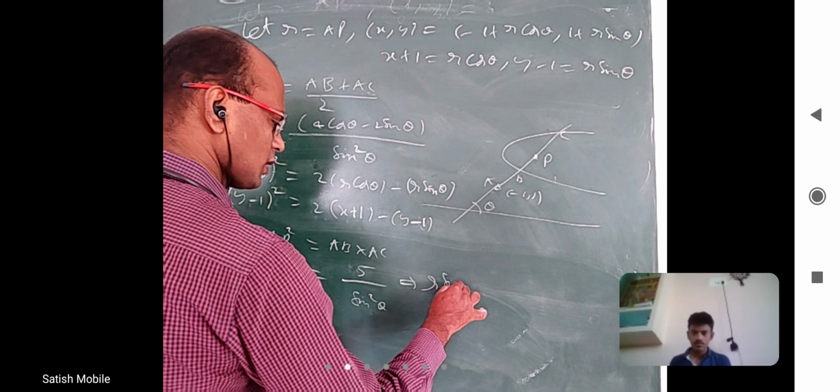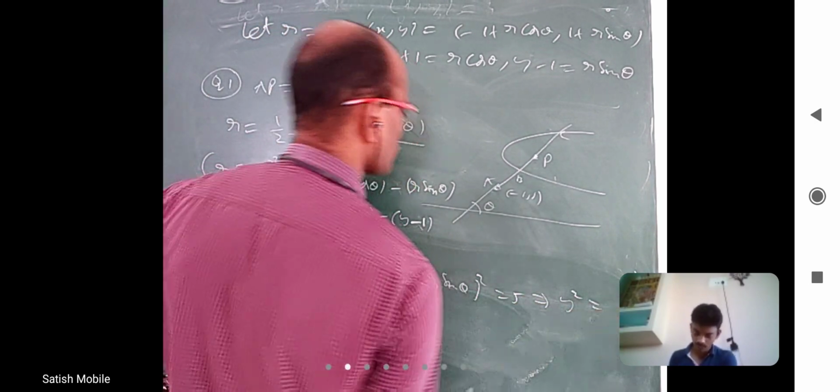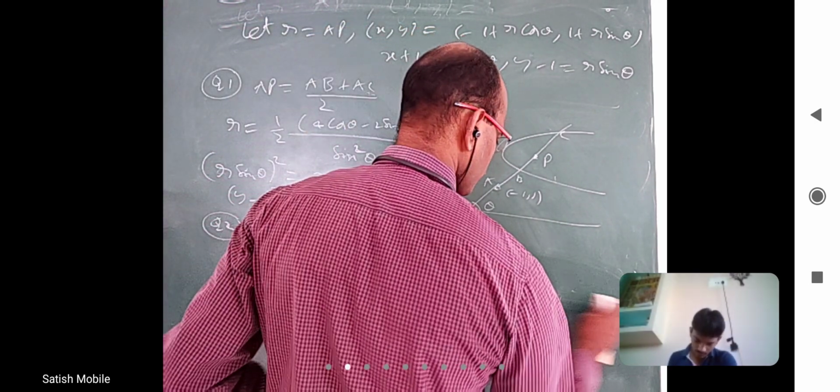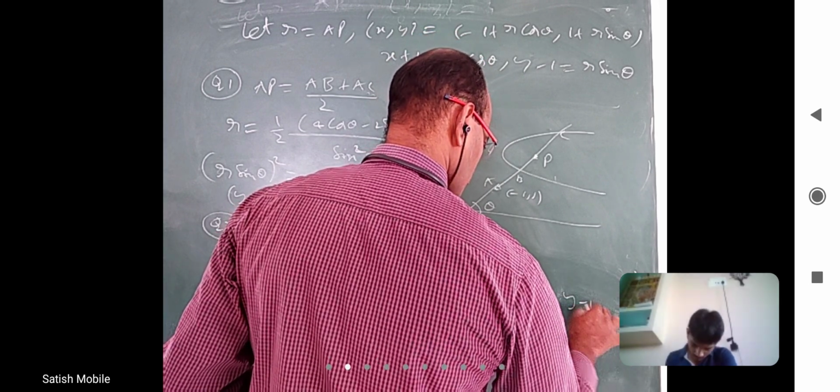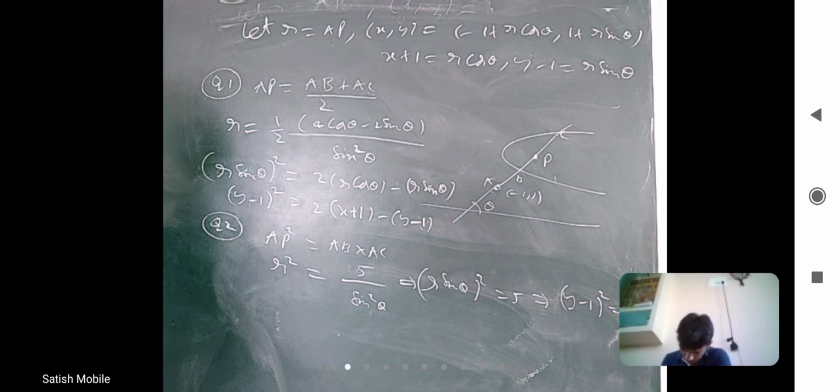So, it is (r sin theta) whole square equal to 5. Directly not y, (y minus 1) whole square equal to 5. That is basically a y coordinate is constant. If you take a horizontal line,